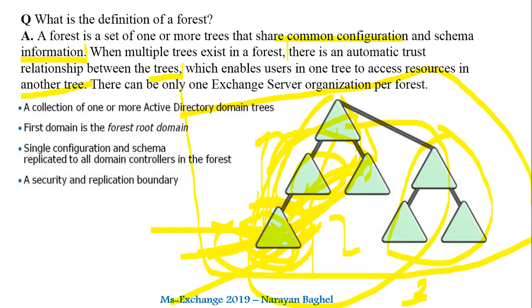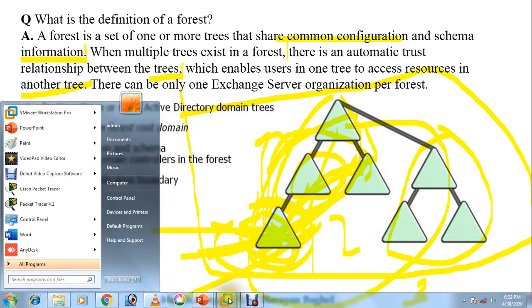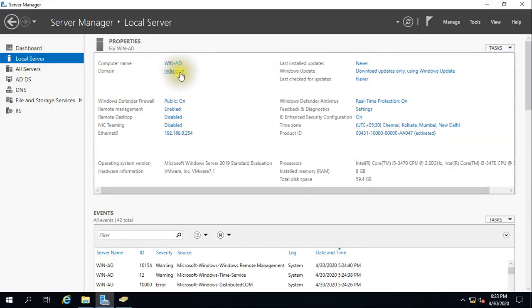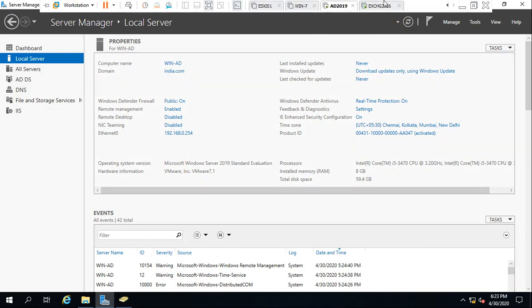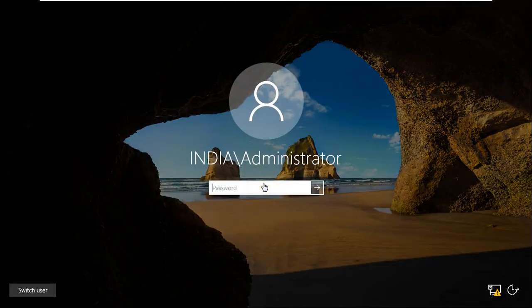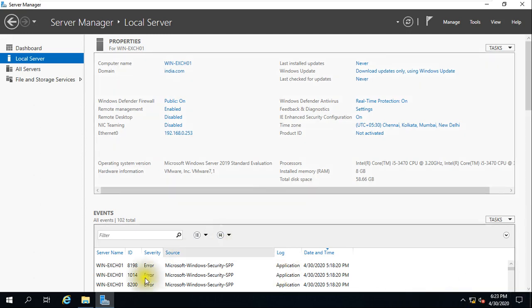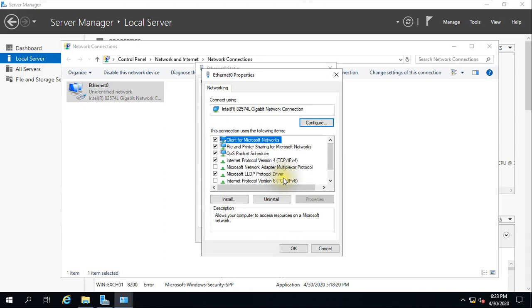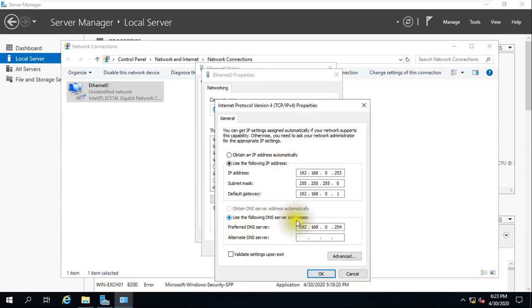So this DNS will tell them. Let me show you one thing here. This is my Active Directory, and india.com is my domain name. Now I want one server to communicate with my Active Directory. For example, this server I took for Exchange installation. I need to tell this server which is the Active Directory, which is the domain controller. So when I gave an IP address to this secondary machine, I gave the IP address of my domain controller here as DNS.